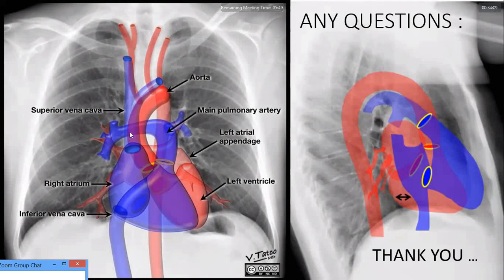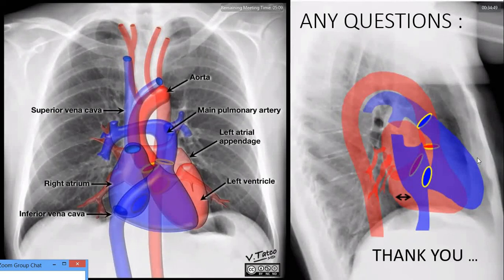Now the great vessels. From the right atrium arises the superior vena cava, and this is the shadow of the superior vena cava. The pulmonary artery arises from the right ventricle. This is the pulmonary artery and its branching. In the lower branching, this is the descending pulmonary artery. Keep in mind that the descending pulmonary artery diameter should be less than 17 millimeters. This is the aorta, which arises from the left ventricle, curves towards the midline and superiorly to form the aortic knuckle, then bends downward. This is the aortic knuckle, and between the aorta and pulmonary artery lies the aortopulmonary window.